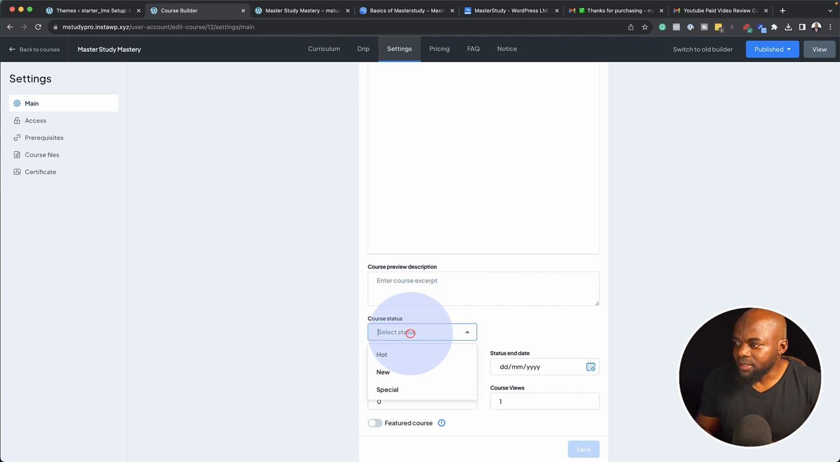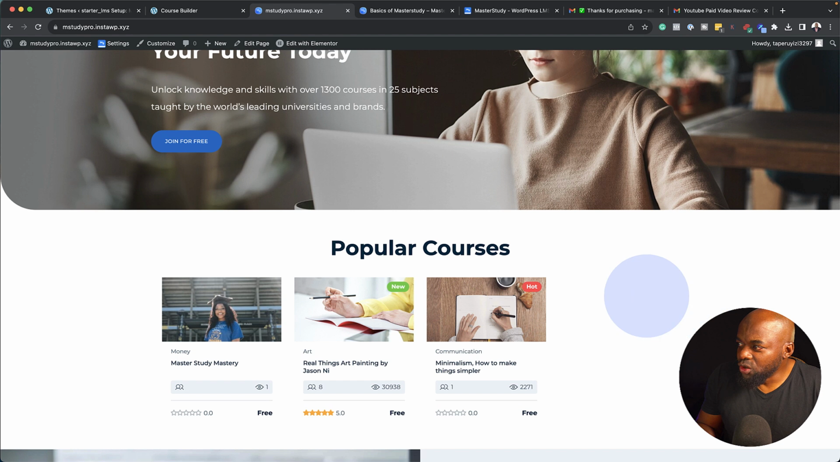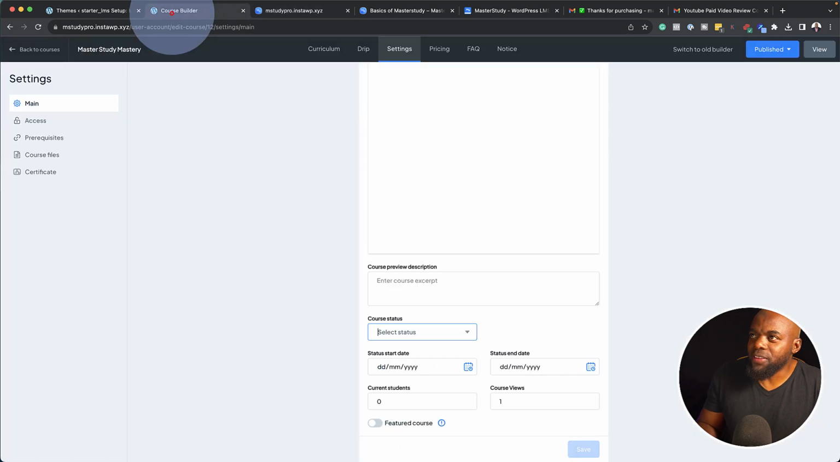And you also have the status here. So here we can say new, special, and so on, which is, I think, really, really cool. Now, let me show you the front end so you can see what I mean. Now, you see this tab which says new or hot. This is where this setting is. So this is where you can go in and set it to